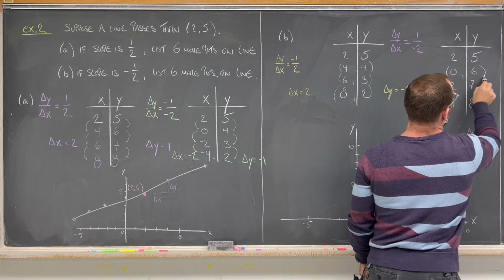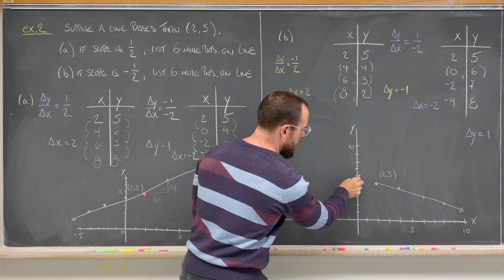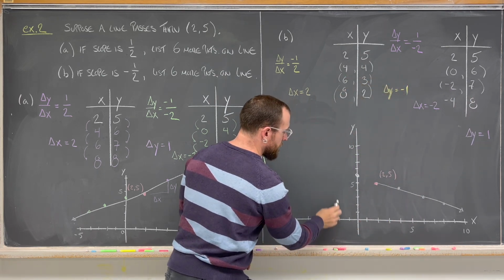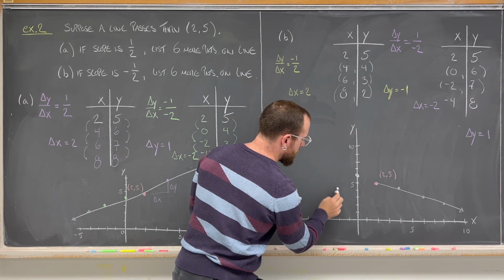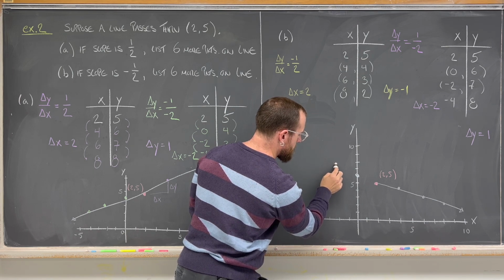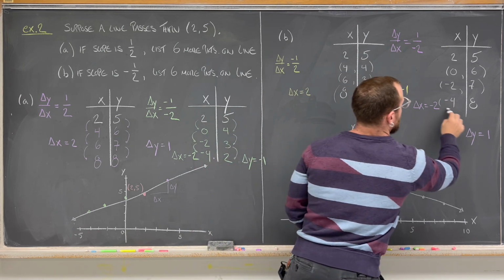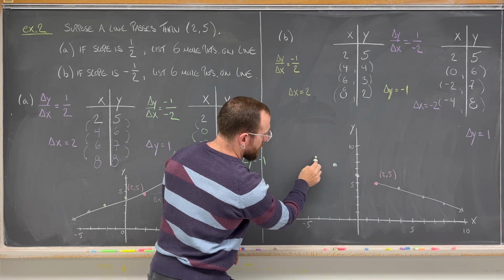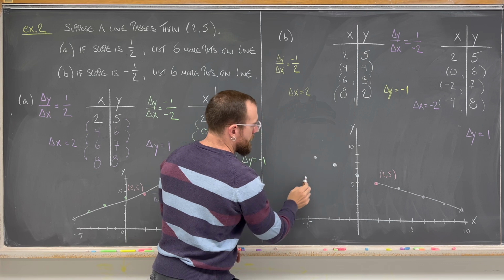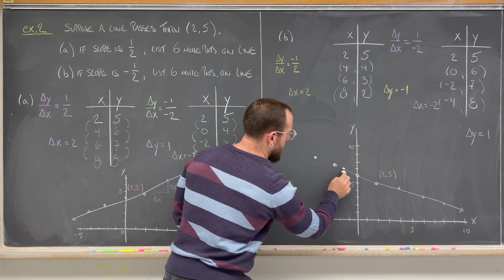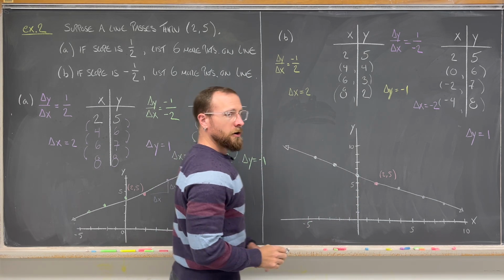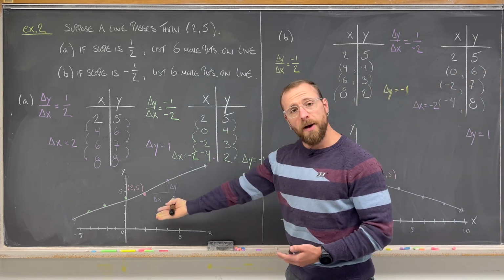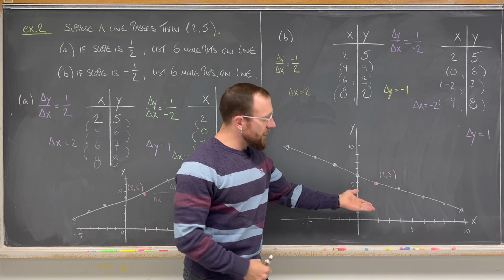And if I plot those points, 0, 6 would be right here. Negative 2, 7 would be right here. And negative 4, 8 would be right here. And so it's continuing that line in this direction. Okay? And now that we are looking at a line with slope positive 1/2 here and negative 1/2 here,